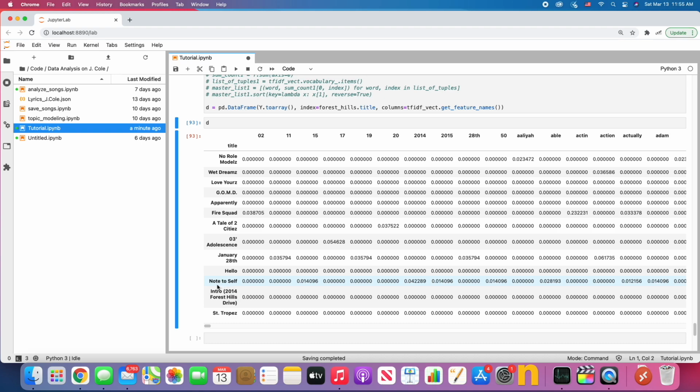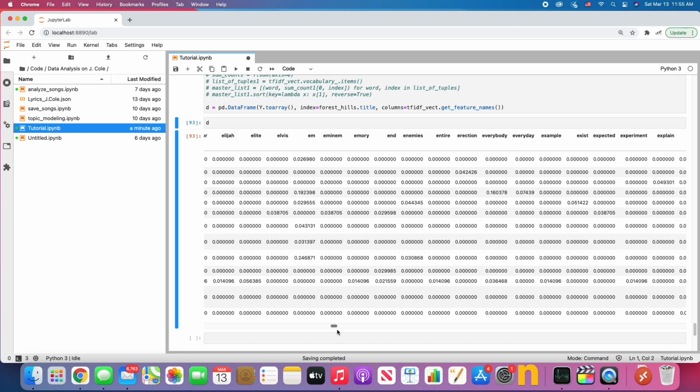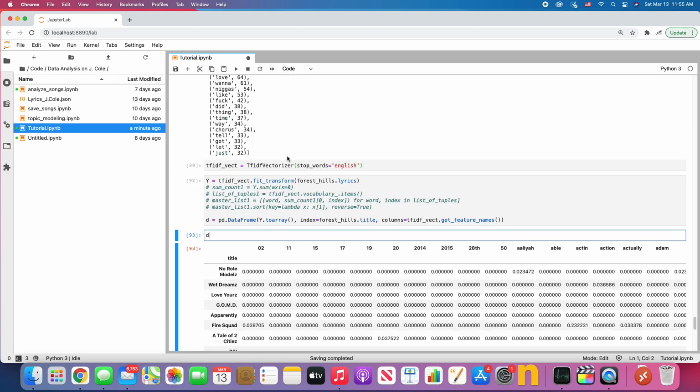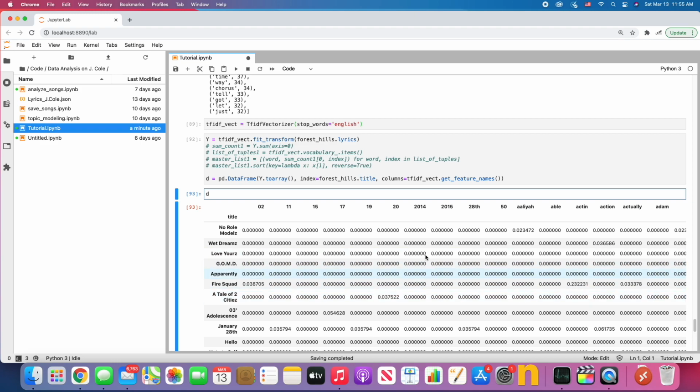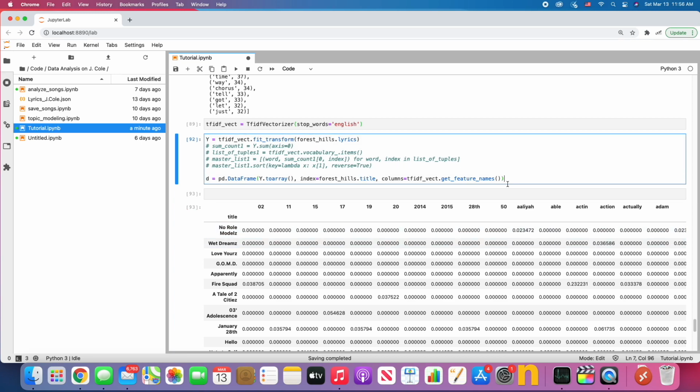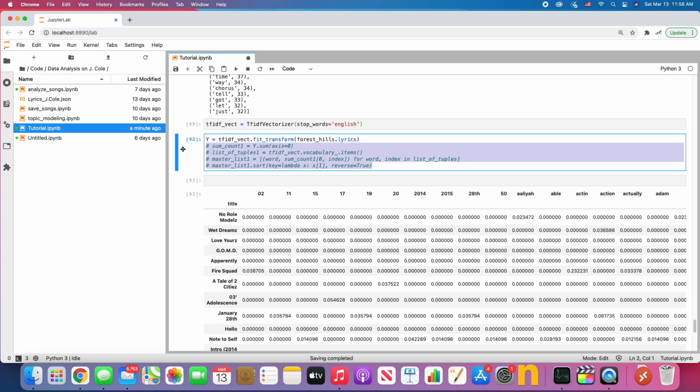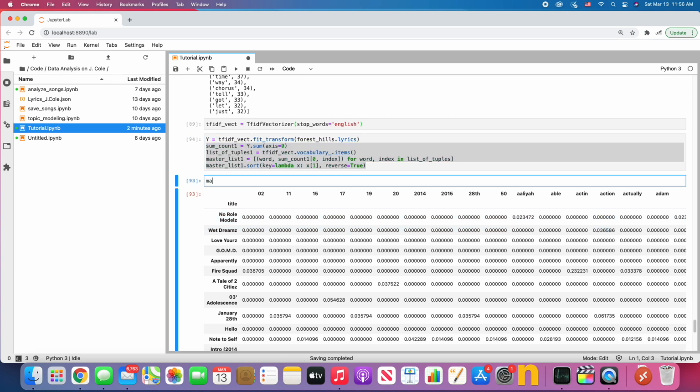So for example, M&M is 0.0. I don't know. I think a better way is to just show. So this is the difference, right? We're not counting the words. We're calculating the frequency, the importance of each word across the documents. Now, I'm just going to get rid of this. I'm going to uncomment these. And when we show master list,